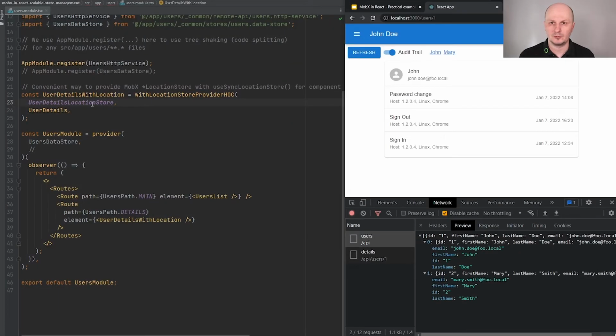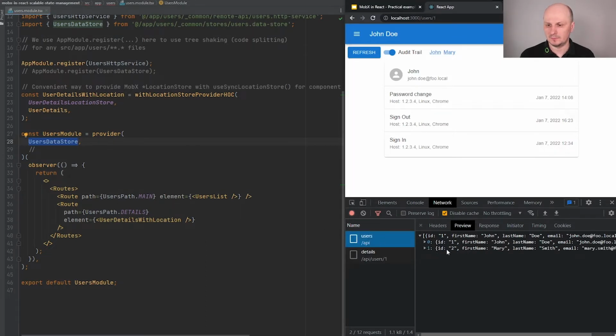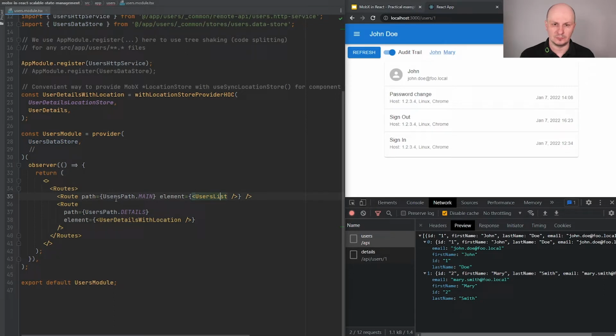The users module provides a users data store that you are familiar with from the previous episode. And this users data store is responsible for taking data from the API for listing all of the users. We have also provided two routes. One is for the users list, and the second one is for the details.